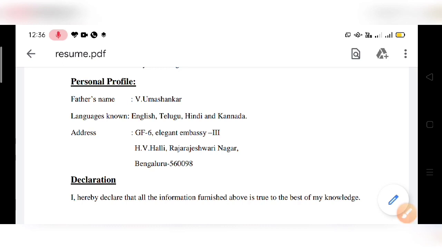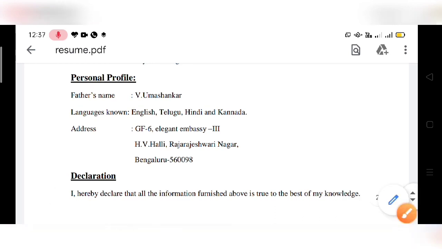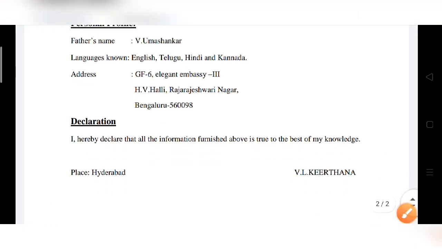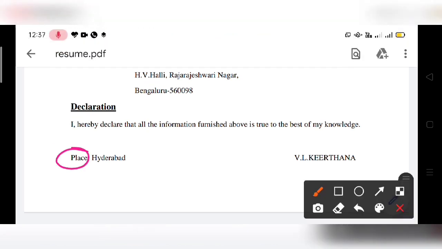And this is the declaration part. So usually in the declaration you would say, I hereby declare that all the information furnished above is true to the best of my knowledge and belief. And after that I don't think a comma is necessary. And below that you also have to mention the place and date. So here, you need not put the side heading place.